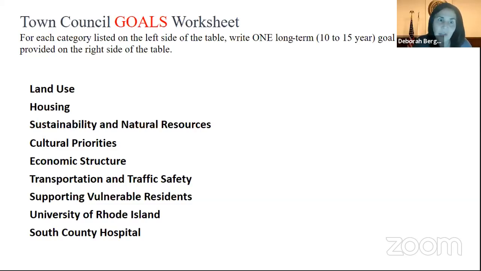I just wanted to ask if we could talk a little bit about land use, because the agenda on Wednesday might be sort of limited to only certain items. So there might be some things that we wanted to talk about related to land use now. Okay. Sure. So what's our goal?